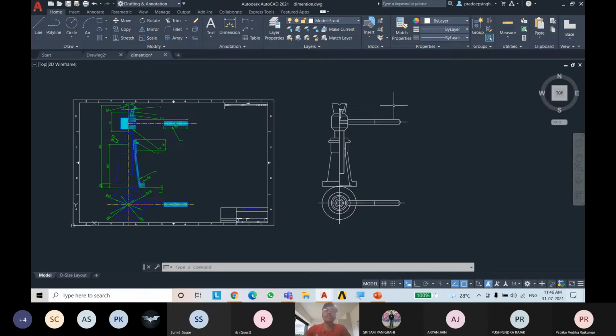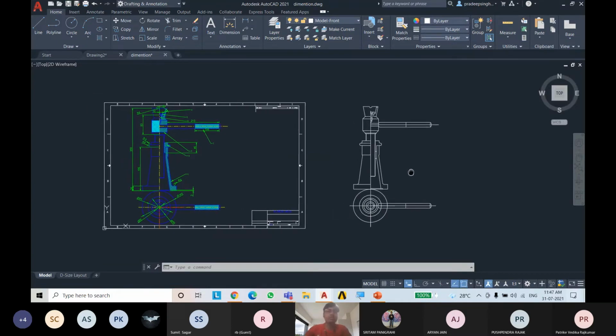You may have seen this used in automobile shops to lift heavy objects or a car. Just rotate this screw and it will take the upper portion up. So it's used in automobiles and many different parts.